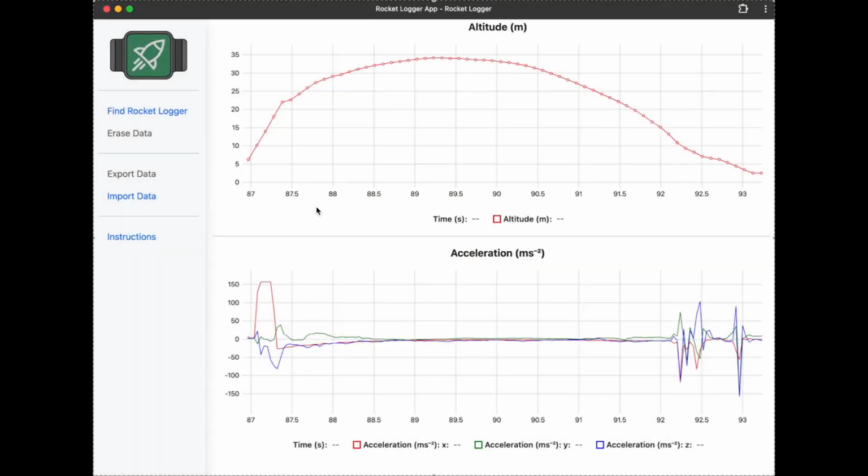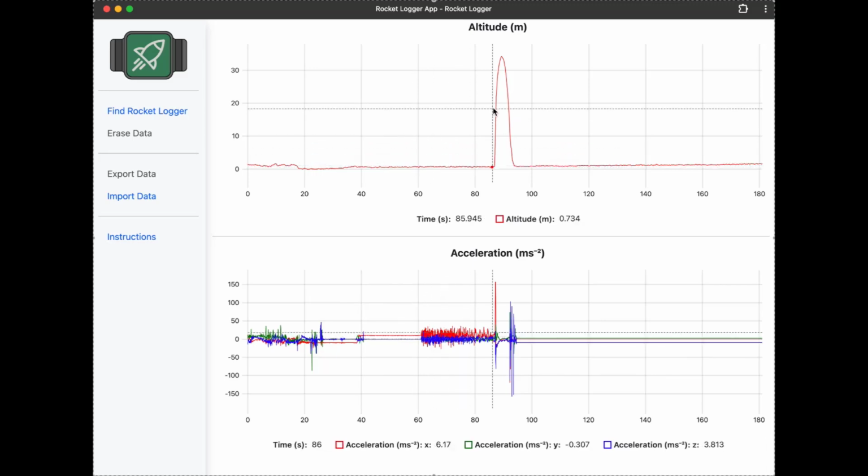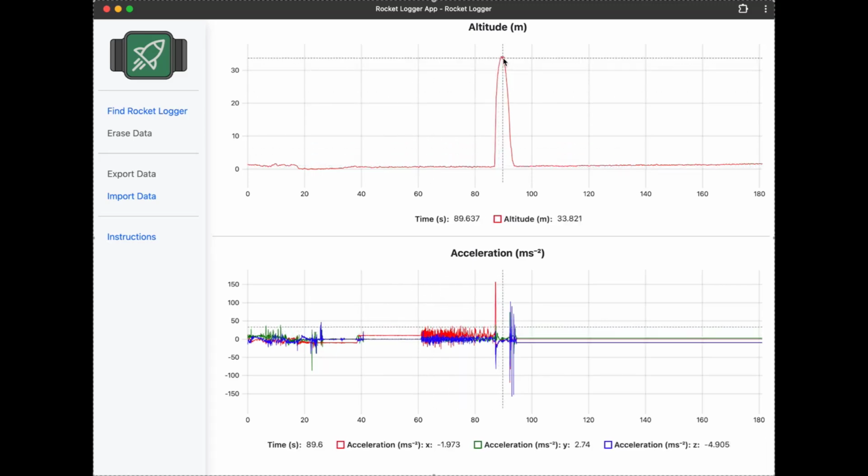Okay, so we can see this flight here. It looks like it's detected a flight really well. We've got a big altitude hump. Let's zoom out. Ah, great, yeah. So you can see the logger sitting on the launch pad, really clean launch, and it's reached a really high altitude,